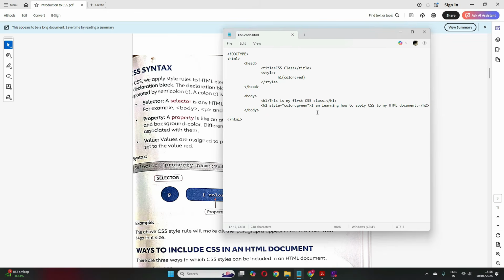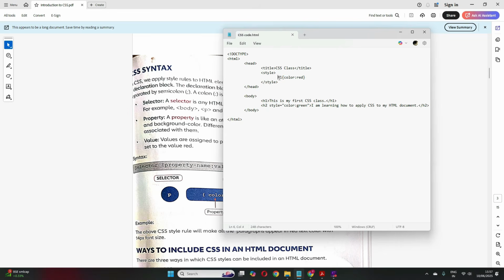Now to add CSS to that, we use a style rule. This is called a style rule. Okay, so we can apply CSS using a style rule, and this style rule consists of a selector and a declaration block. So this is my selector and this is my declaration block.